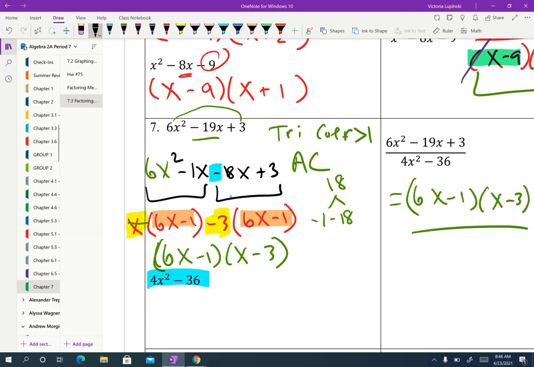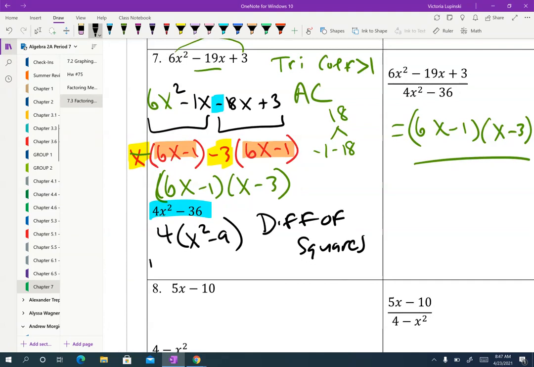If you factor out the 4, you're going to be left with an x squared minus 9. Then hopefully you recognize this as our old friend, the difference of squares, which, don't lose the 4, is always going to be 2 parentheses, 1 plus, 1 minus. Then you're going to do the square root of the front